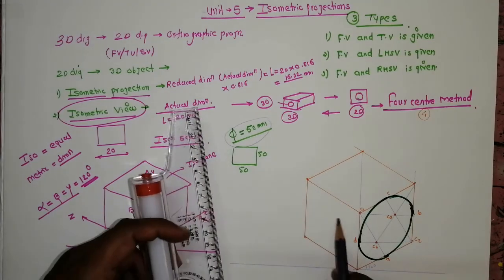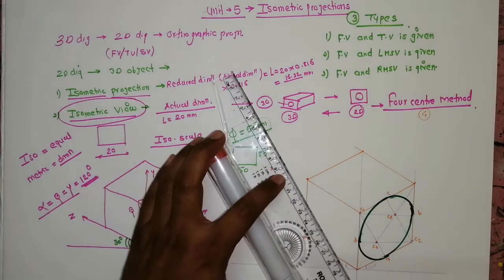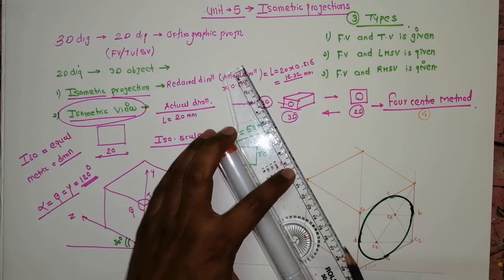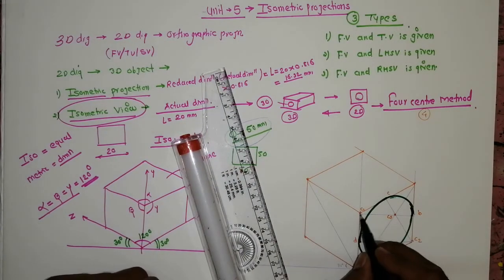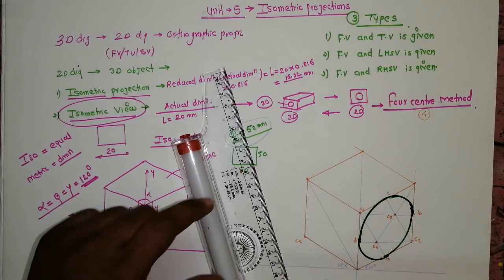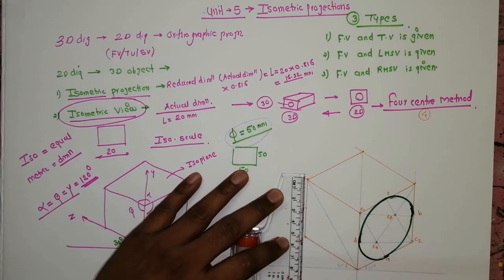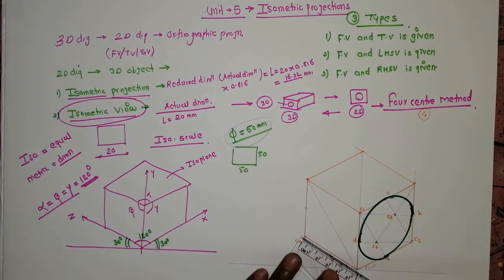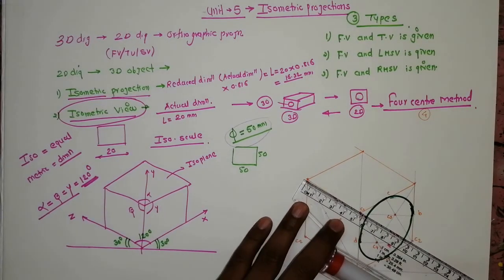So now this is the isometric plane. It is also 50 by 50. So first step is what? Join the longest diagonal. Now we know that after joining the longest diagonal, the opposite two corners are C1 and C2. Now the next step is what? You take the midpoints. So here the midpoint is already there, and here it is the midpoint.